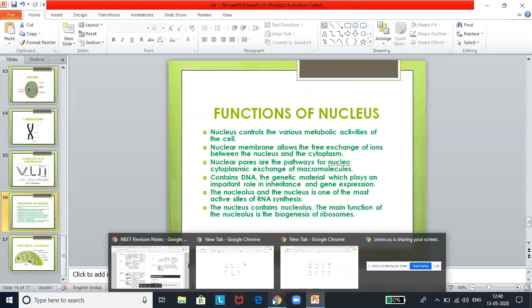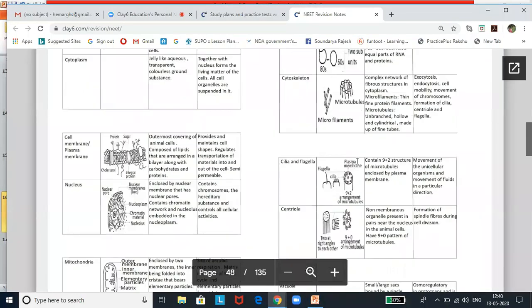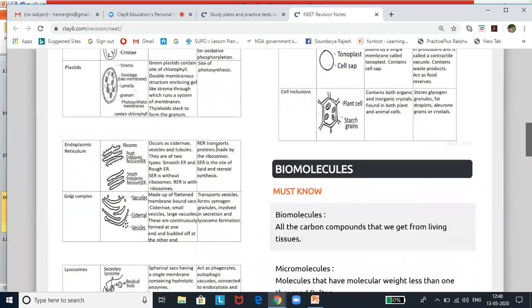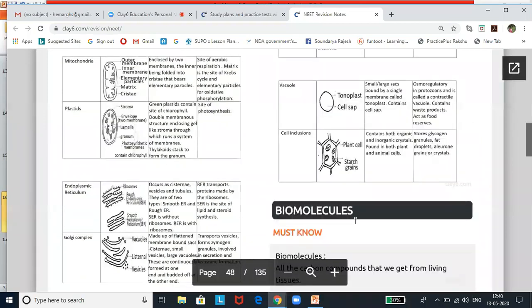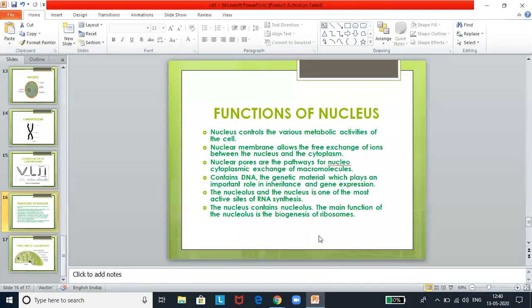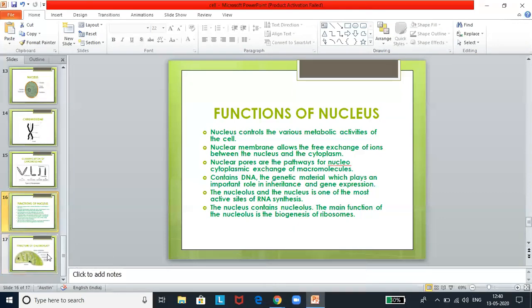Now, if you look at this, this gives you all whatever I have spoken in length, explaining in detail. Everything is captured in essence in the form of a graphic organizer. Now you know what are the things common in both plant cell and animal cell. Now let us look at the things that are present in the plant cell.